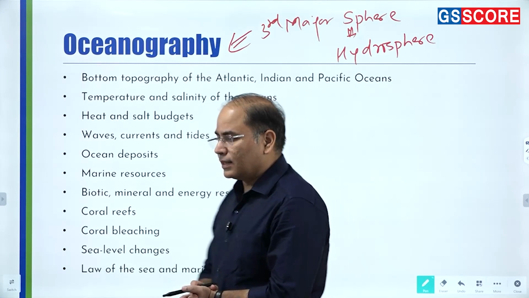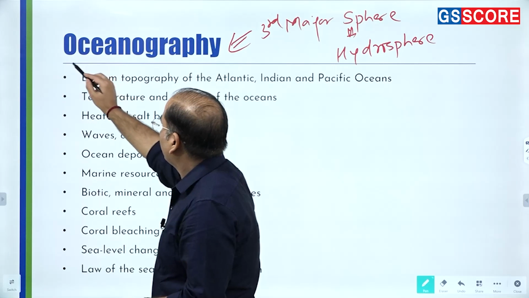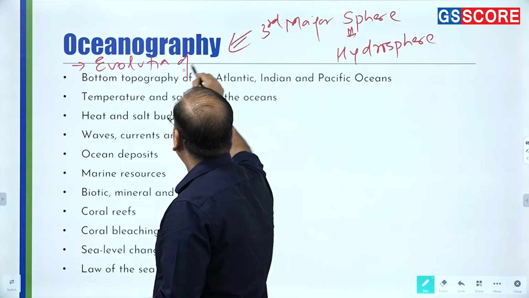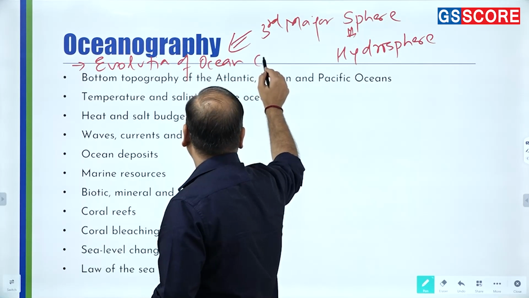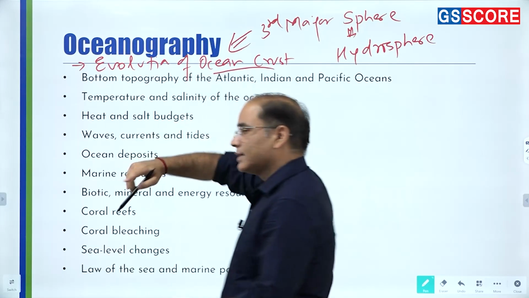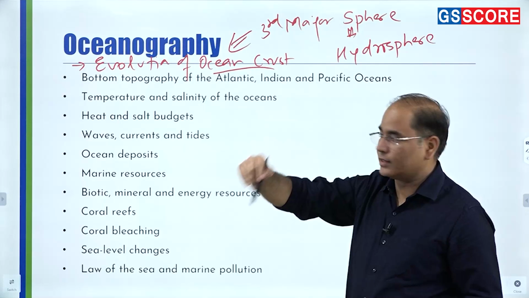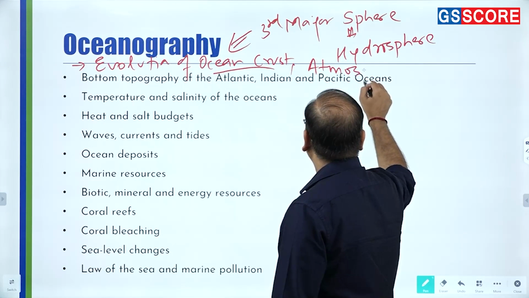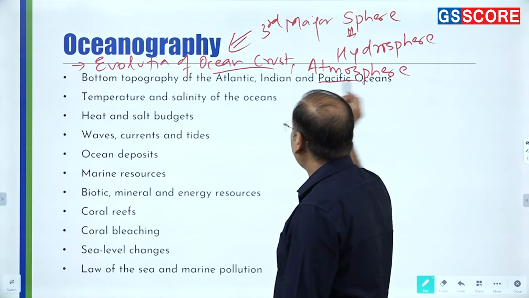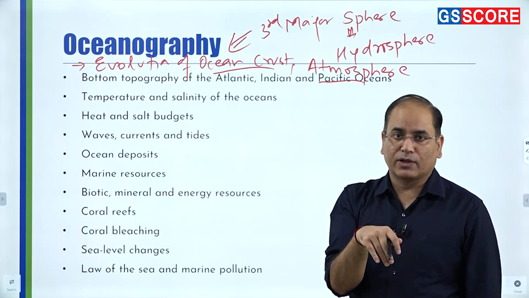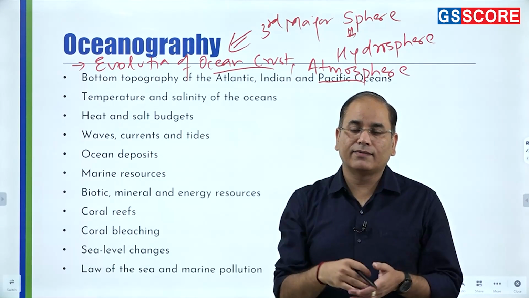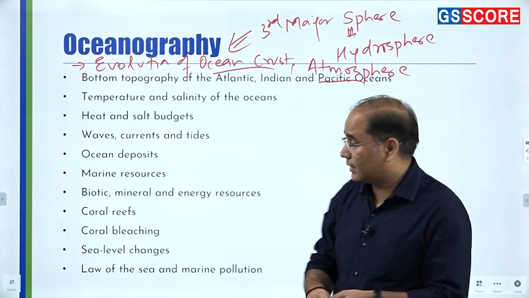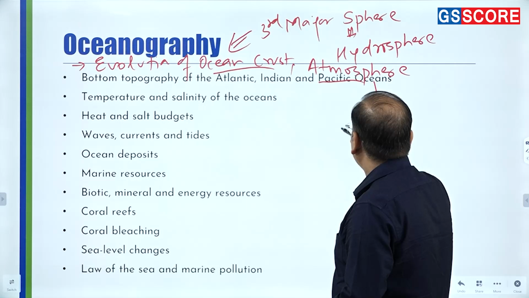Now the very first thing that you should know is the evolution of ocean crust. The evolution of the ocean crust is the subject matter of geomorphology. Then the evolution of the atmosphere. Evolution of the atmosphere is the subject matter of climatology. So once you have got the idea of how the crust has been formed and the atmosphere came into existence, then the formation of